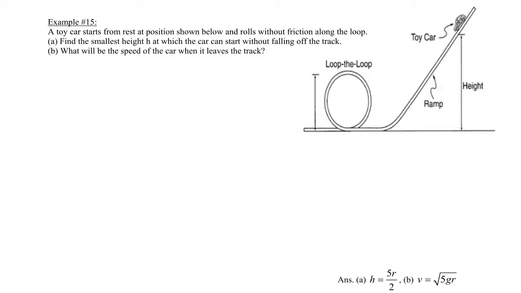Welcome to example number 15. We have a toy car that starts from rest at the position shown and it rolls down without friction. And so it's actually technically sliding down, because if it was rolling, then we have to consider another type of energy called rolling kinetic energy. So you may want to think of this as just a little block that is sliding down this loop